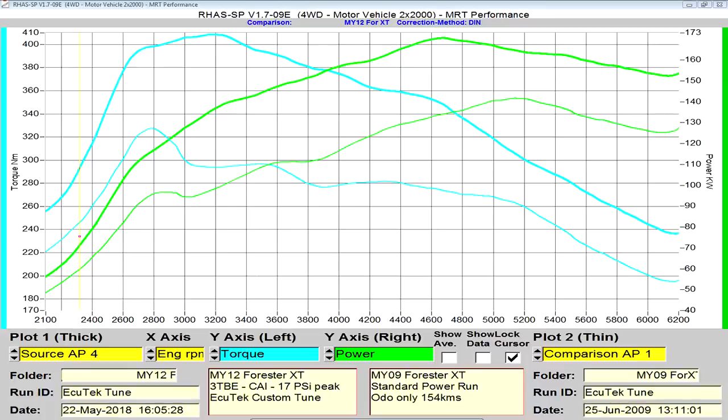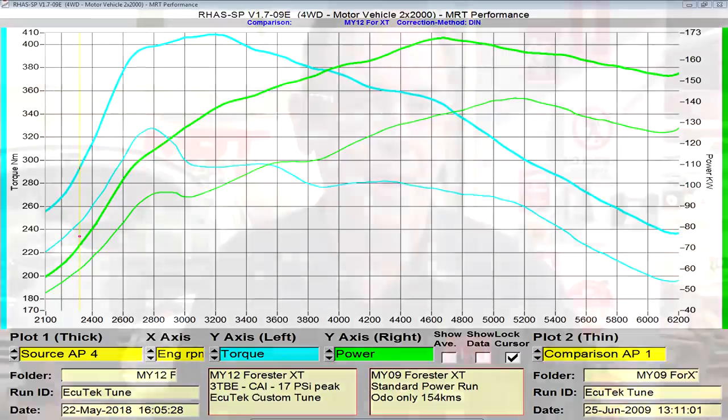And it's important to point out this particular car has got a modified air intake on it, and it's also got a complete turbo back exhaust. The reason those parts were fitted previously by the owner is he was told by another workshop that the ECU will self-learn over a period of time, and he didn't need to rush into getting the car custom tuned to suit. But interestingly, if you look at the graph, it's actually in its standard form not that much different